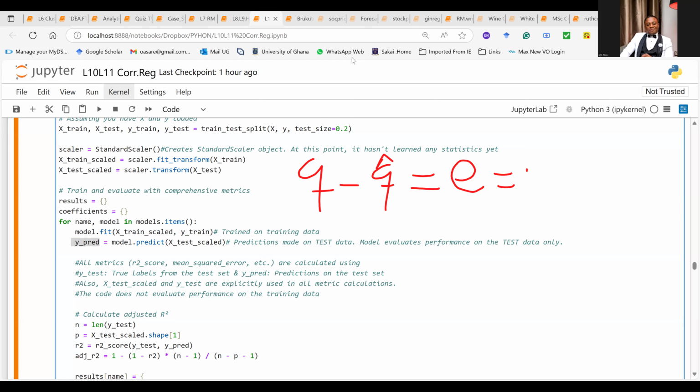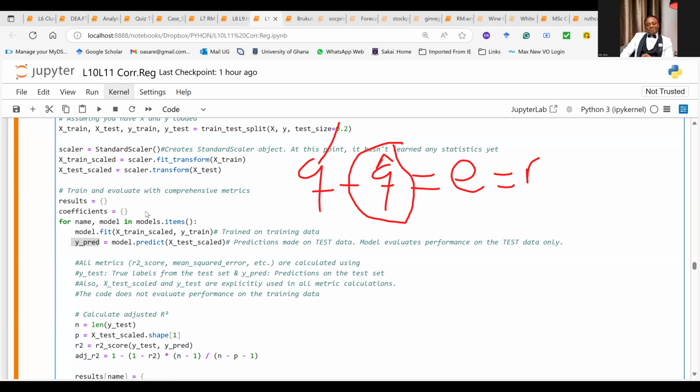This error or the residual is what you are going to minimize using an optimization. And then based on the minimization, you can now use it to predict. So eventually, whatever you get here, the Q cap, that is your predicted variable. Any difference between the predicted wine quality and the actual variable is what we call the bias or the loss or the error. So the code is going to do all of that.